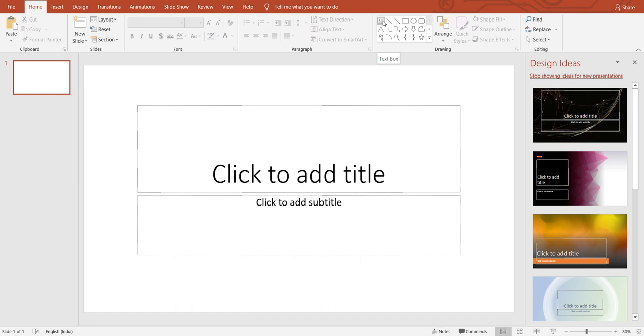Now here we have the drawing section. You can draw a text box here. You can use the line if you want to draw a line, a line arrow, a rectangle, oval, rectangle with rounded corners, isosceles triangle, elbow connector, elbow arrow connector, arrow right, arrow down, freeform shape, freeform scribble, arc, curve, left brace, right brace,